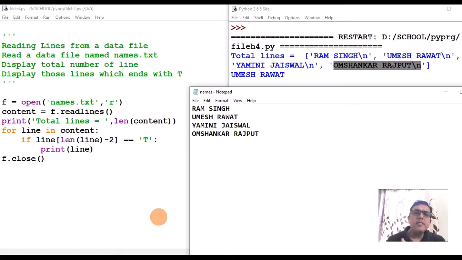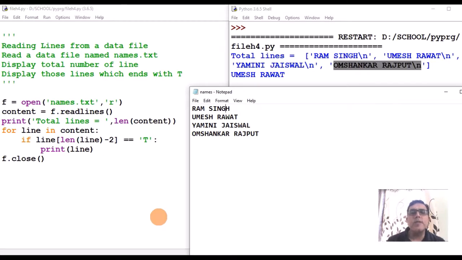There will be similar variations in reading characters, reading words and reading lines. This is very important. You will get questions in the board examination based on reading characters, words or lines. There will be 2 or 3 questions where they will cover these. They will ask you to count how many characters are there in the file, or how many capital A in the file. That means you have to process characters.